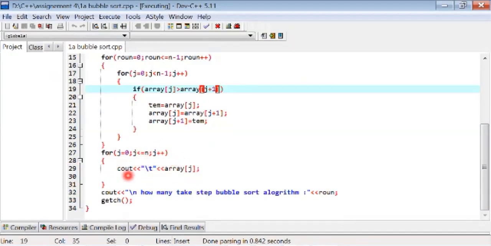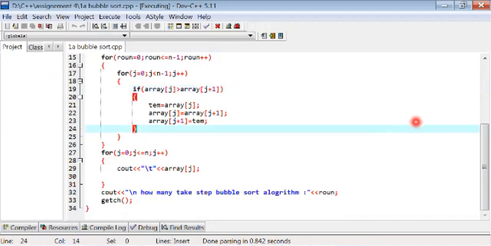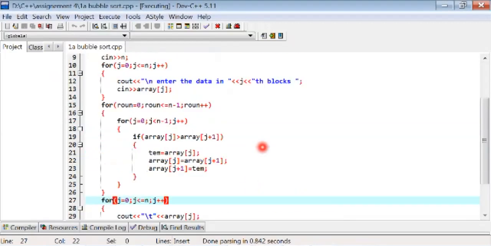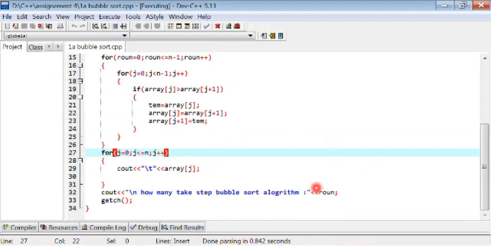So we use for loops and the sorted array is printed here, and we also print how many rounds the bubble sort algorithm takes. This is the value of round. We print the value.